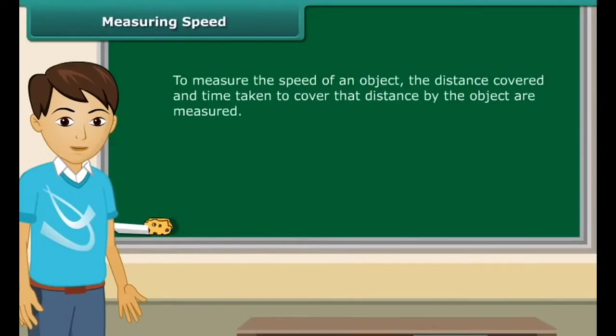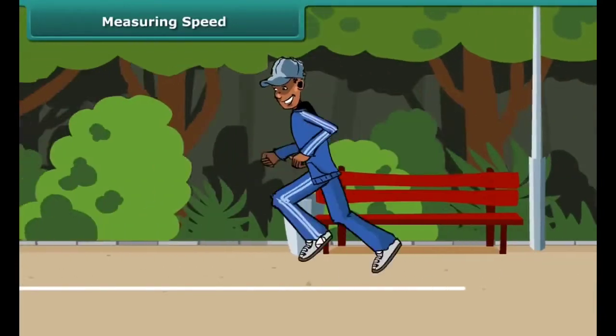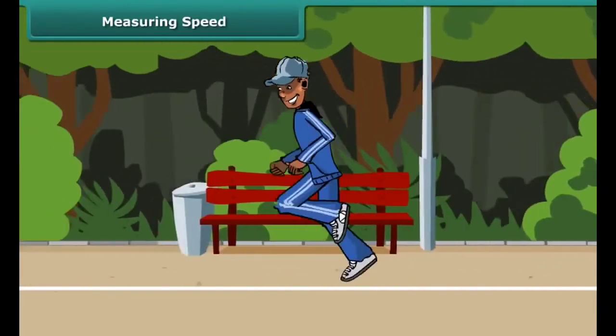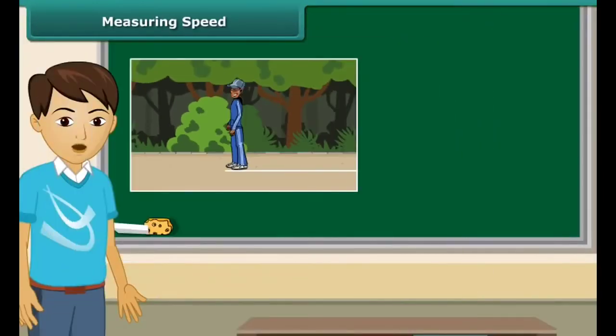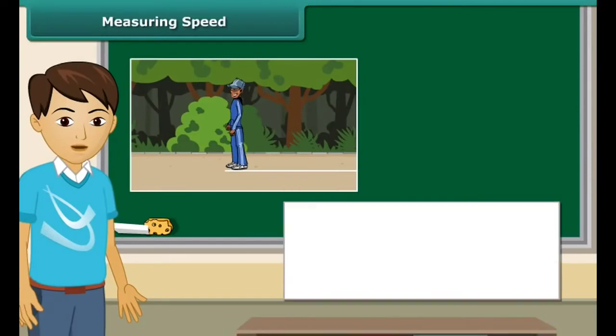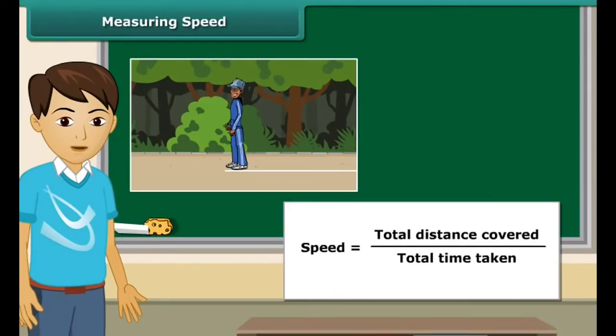Now, how to measure speed? Speed can be measured in the meter unit, in the kilometer unit and maybe in the centimeter unit. For example, if a boy starts running on a track, simply you can measure the distance in meters. If it is a 100-meter track, then you can easily calculate the distance traveled by the athletes or sportsmen. The formula for speed is equal to total distance covered divided by the total time taken.